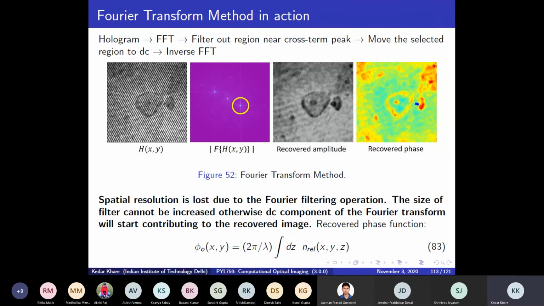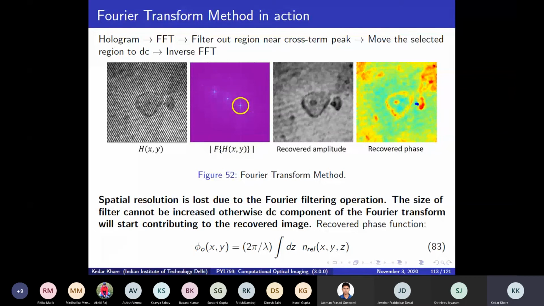Finally, if you look at the phase image, what does it mean? In this case, there was a transmission geometry used. So at every location that you see, there is a phase map. There are blue to red values. The values are a little bit higher than pi here. So it goes from blue, which is 0, to something close to a little bit higher than pi. But the value of phi 0 xy, so this is the phase map phi 0 xy.